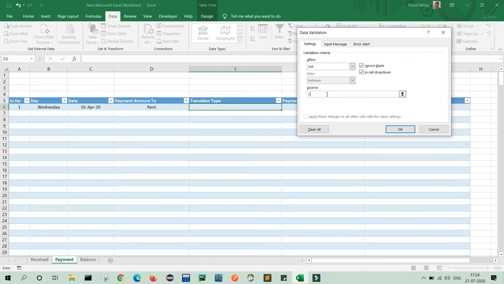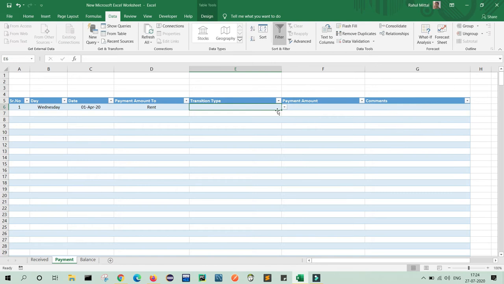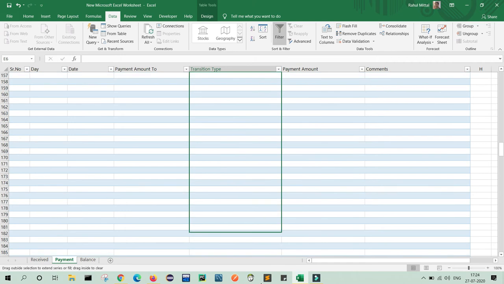Here I will provide cash, check, Paytm, Google Pay, net banking, or last one Phone Pay. Like this, anything you can write and provide, and just drag till the bottom.